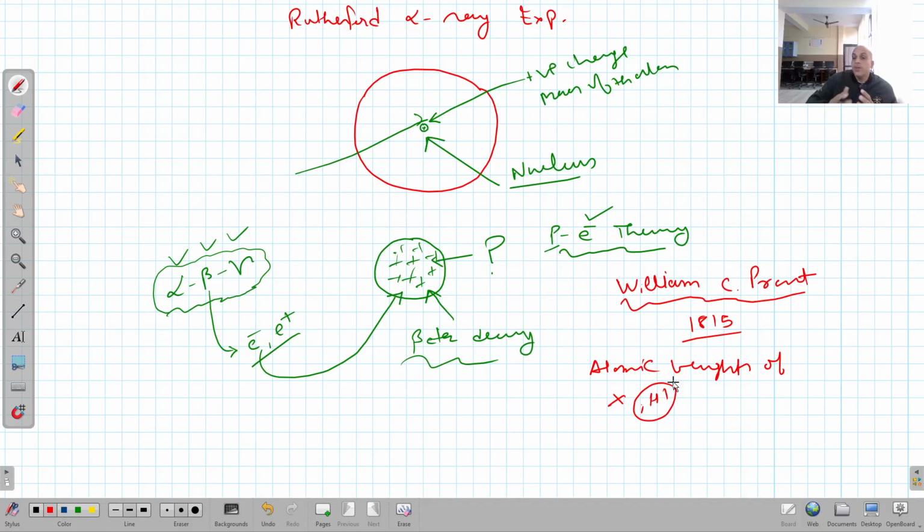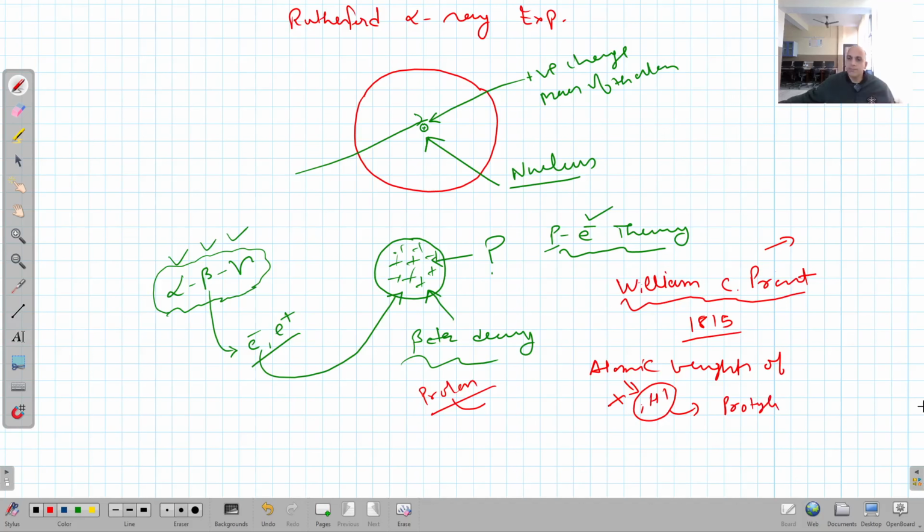Clear? So it was a big thing. It means the weight of the nucleus of all the atoms is an integral multiple of this, right? So this research was published by William C. Prout in 1815, right? Then after that, different theories came, and the proton was discovered, right? So the proton actually got its name from Prout, right? Because Prout gave the hydrogen atom the name protyl,